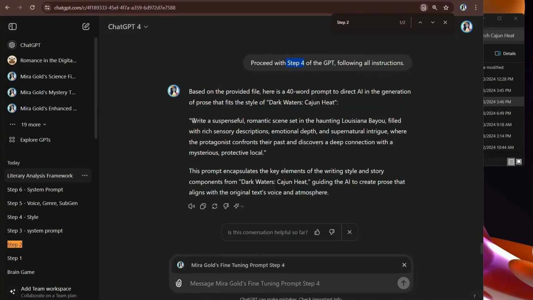So here's my step 4. Now, remember my step 4 over here in a minute. I'm going to show you the difference between these two. Remember, my style on step 4 here was subpar over here on the sidebar. But I noticed that whenever I am stacking them and I'm piggybacking all of them in the same thread, it gives me better content whenever it comes to the actual style, the genre, the voice. So this is so much better than what was given prior. So let's go ahead and take a look at the next prompt,